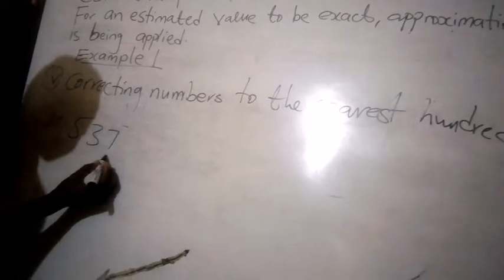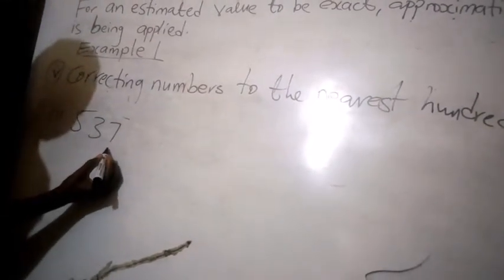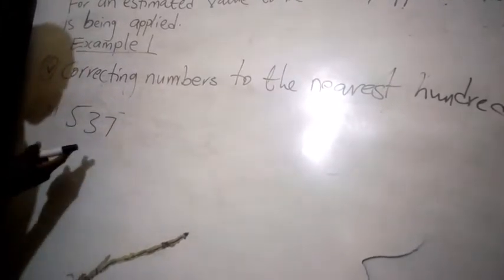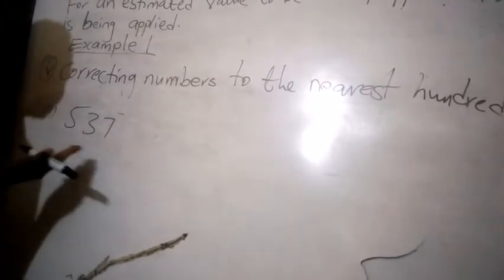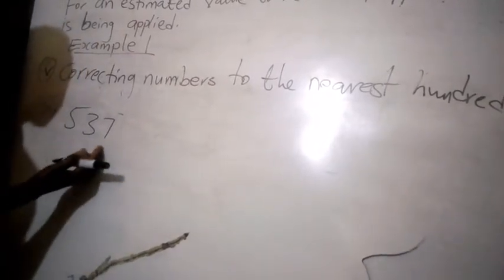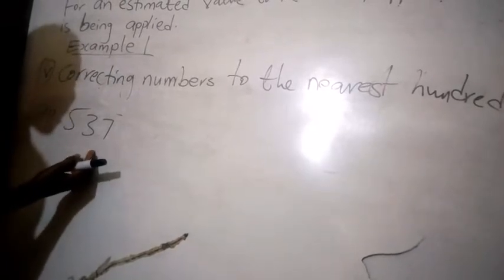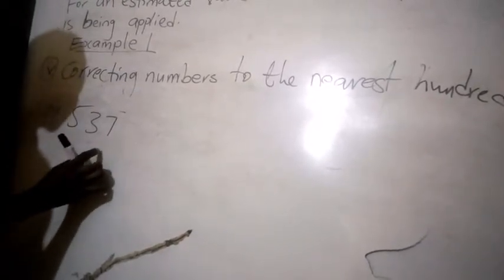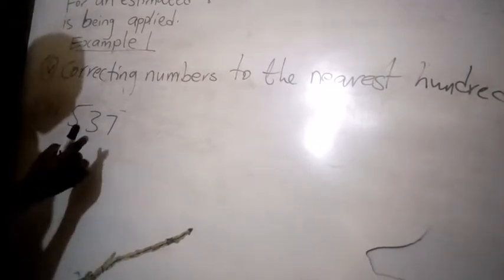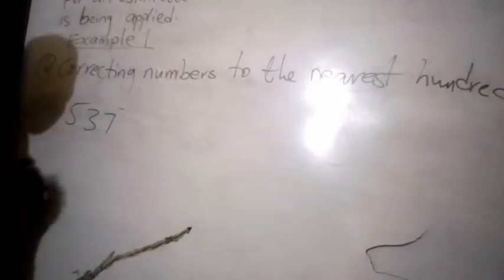Remember, this one is 1 here. 1 plus this will give me 4. But 4 here, which is 40, is not, I'm to correct to the nearest 100. What is the half of 100? It is 50. This figure here is not up to half of 100. And because of this, we are going to round it down to 0, which means 0 plus 500 is going to give us